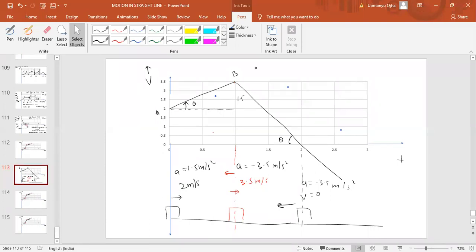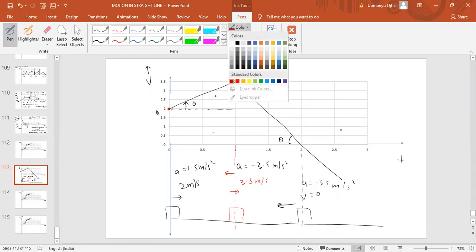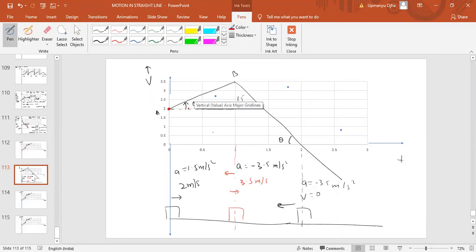Just think. At time t equal to 0 second, what is the velocity? 2 meter per second. We can see the graph. Can we read the graph or not? At t equal to 0 second, where is the particle? What is the velocity of the particle? 2 meter per second. What is the acceleration? Tell me. To find the acceleration, we have to find the slope of this graph. To find the slope, you have to take theta from this point. So if you take theta here, it would be 1.5 by 1. So acceleration will be 1.5 meter per second square.